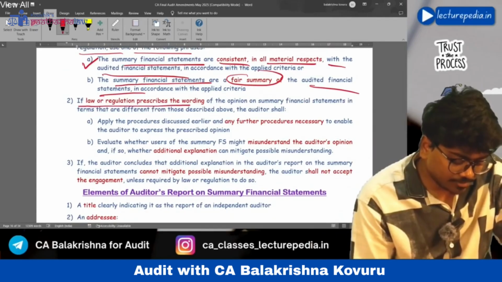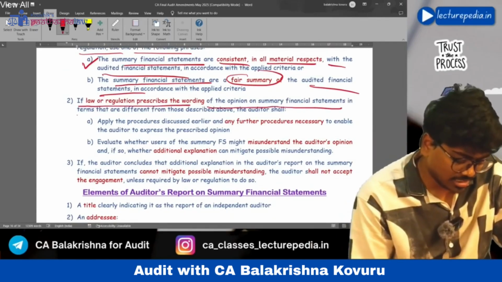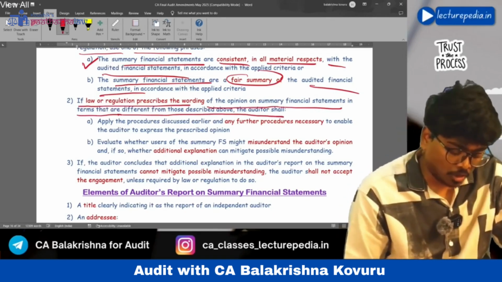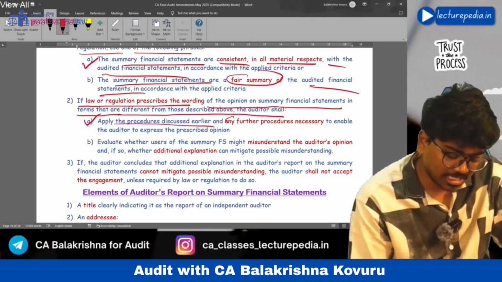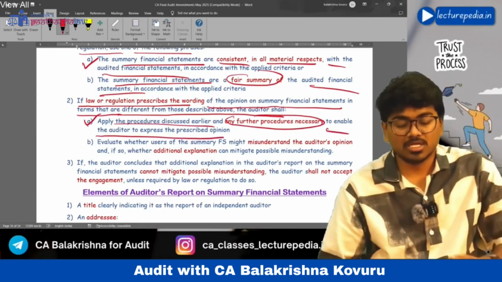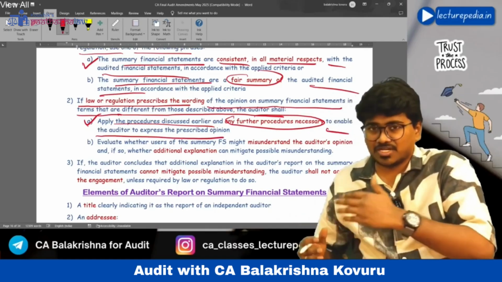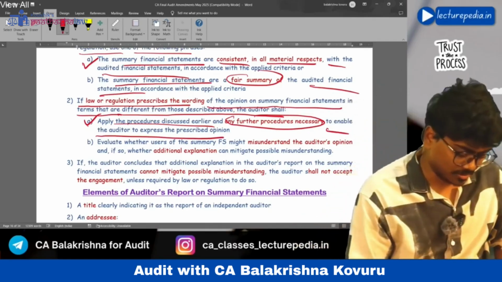if law or regulation prescribes a wording of the opinion on summary financial statements in terms that are different from those described above, then the auditor shall apply the procedures discussed earlier and any further procedure necessary to enable the auditor to express the prescribed opinion.